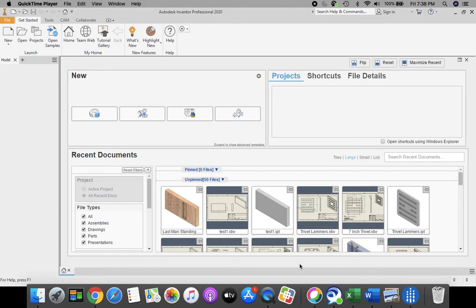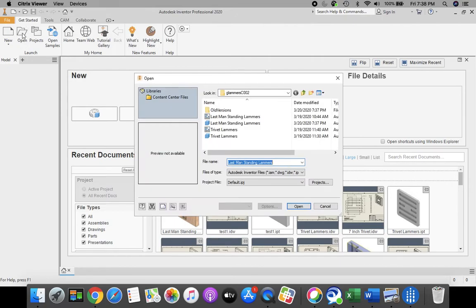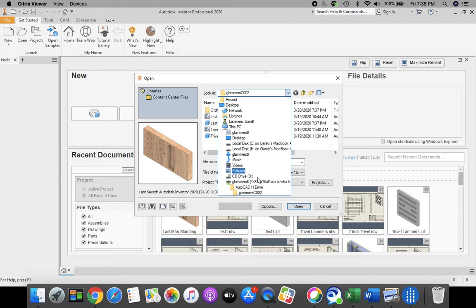Process for cutting your last man standing game. Once you have Inventor open, the first thing that we want to do is go up to our top ribbon bar and select Open from the ribbon bar at the top. Click Open. It should automatically bring you to your H drive. If it doesn't, click on the pull down menu here and it goes all the way down to the bottom,